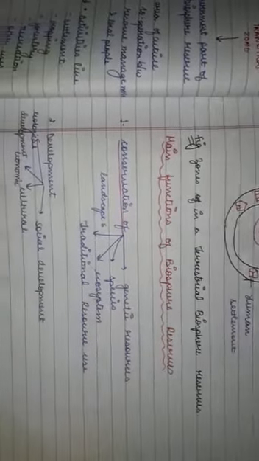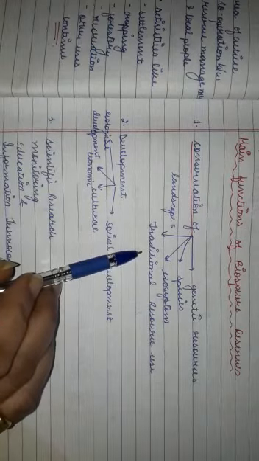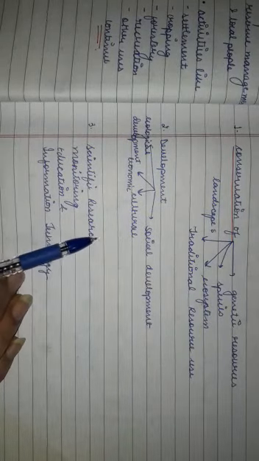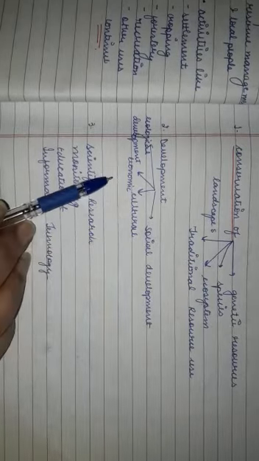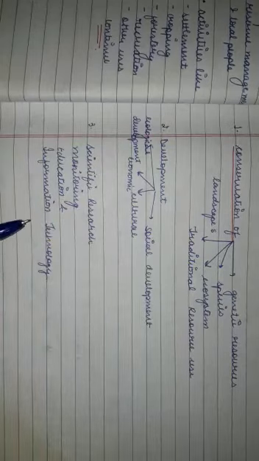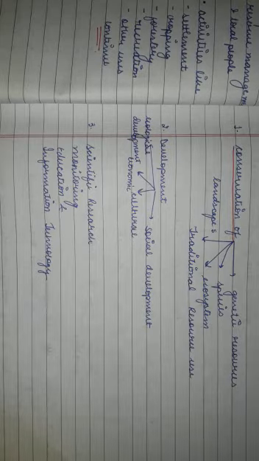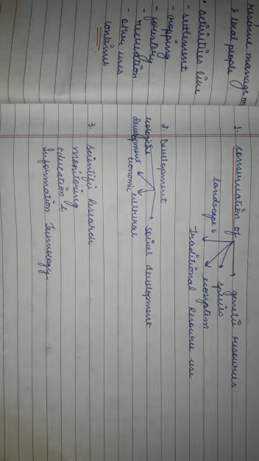What are the main functions of biosphere reserves? Conservation of genetic resources, conservation of species, conservation of ecosystems, traditional resources, and landscapes, etc. These also help in various types of development, that is social, cultural, economic, and ecological development. Scientific research, monitoring, education, and information technology. This means the biosphere reserves act as a center of scientific research and monitoring. They are a source of education and they provide various information.